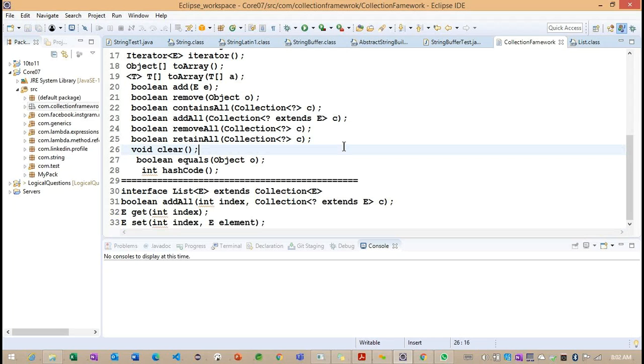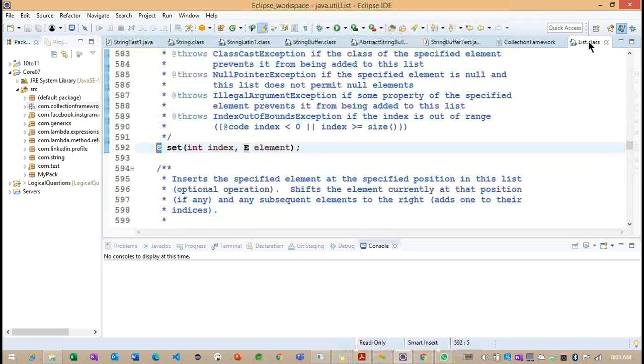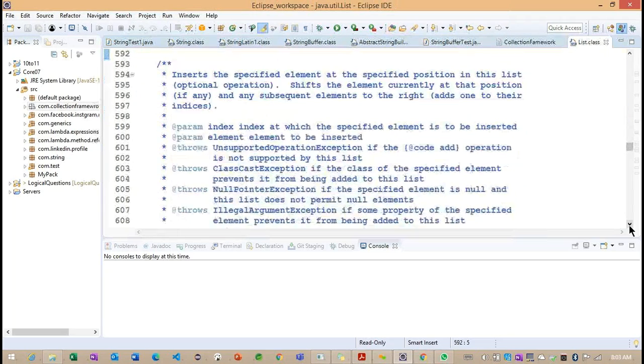We need to understand this because you may get some logical questions. If I want to understand whether the object is already stored in the collection or not, we can call the add method, which will return true or false. And if I want to return the current object after inserting it into the collection, we can call the set method. After adding the element, the set method returns the current element. So this is the set method we have here.